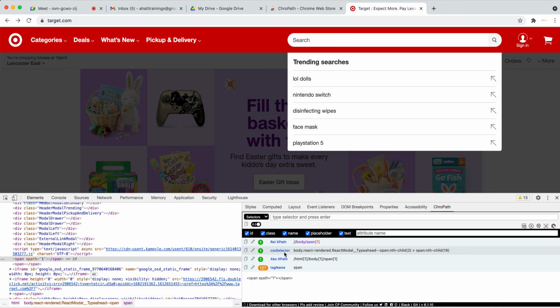paths, and one is relative XPath, and second one is CSS selector, third one is absolute XPath, and fourth is tag name. And what we have to do is we have to think and decide which one to select here. Right now it is showing XPath. See, if you look at this, there is no ID at all. If there is an ID, then this would have shown the ID. Getting the XPath by ID is always good,